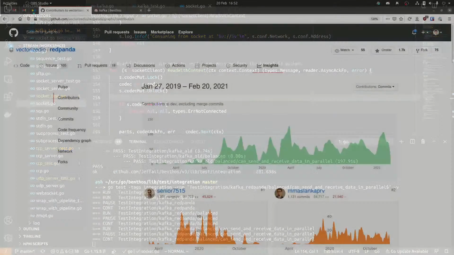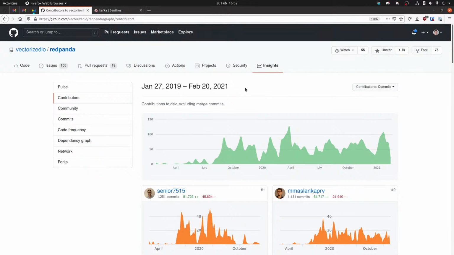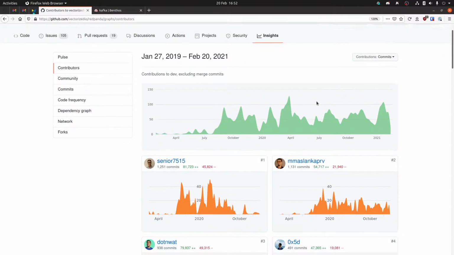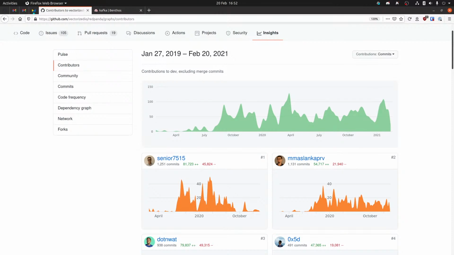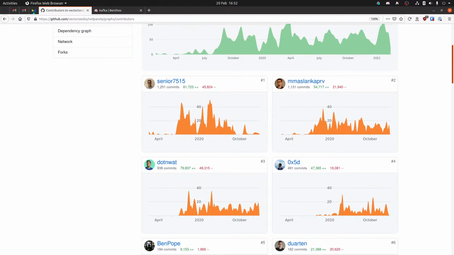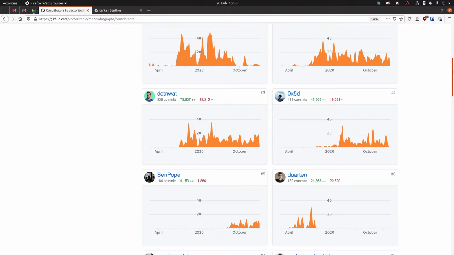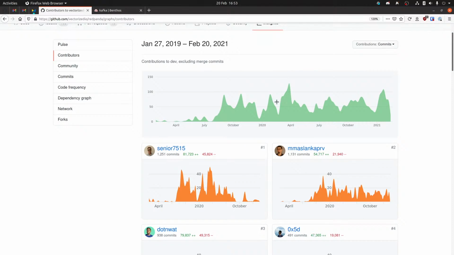Check this out. So this is their commit history. They've got a few people working on it, mostly from, kind of, fourth quarter 2019.